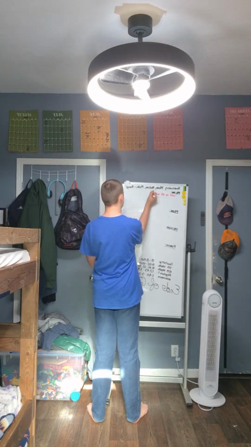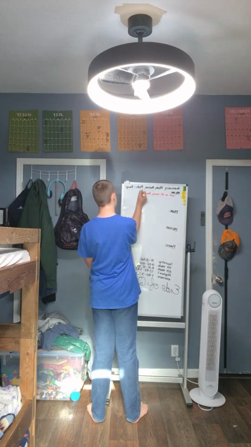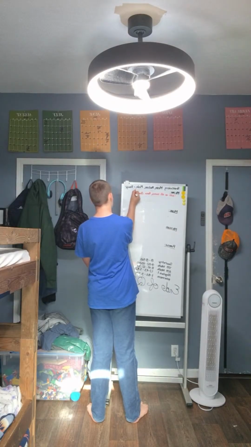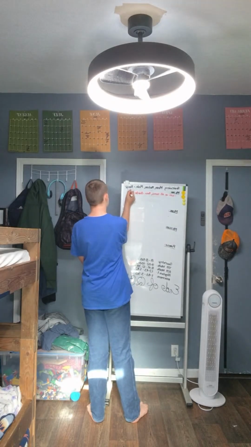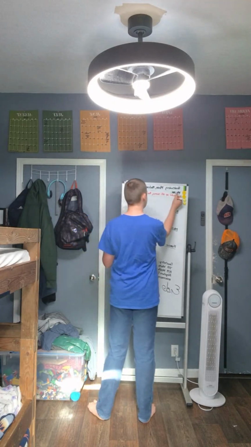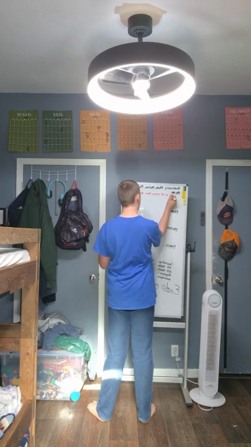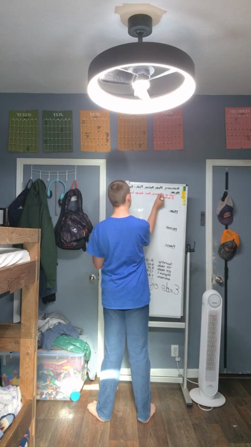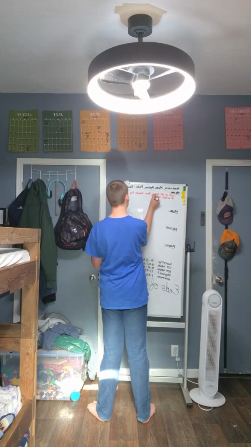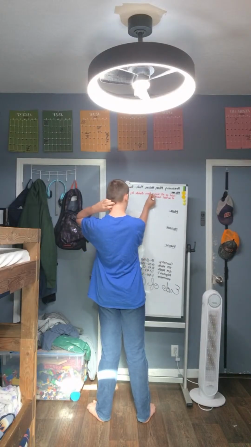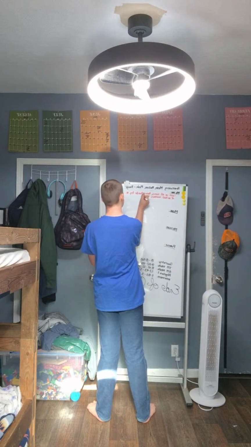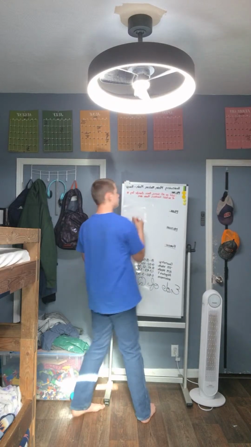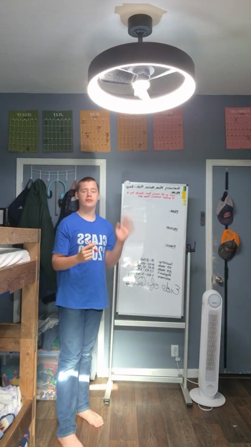And then divide by number of actual numbers there are. So practically just like 5 numbers or whatever. Okay, so